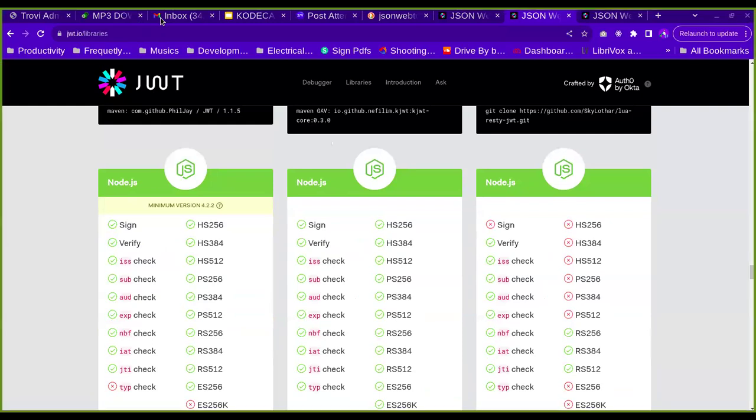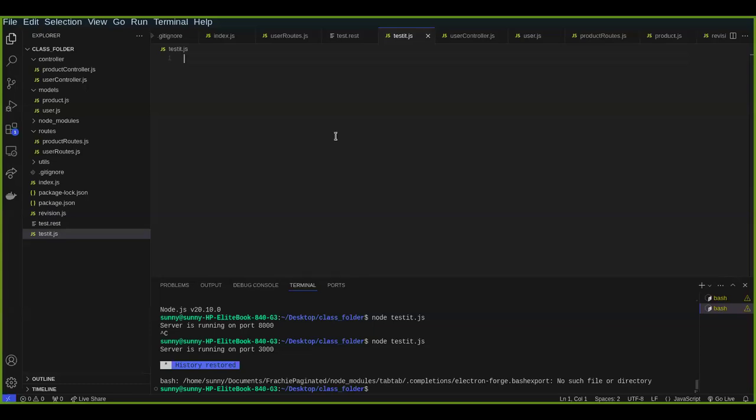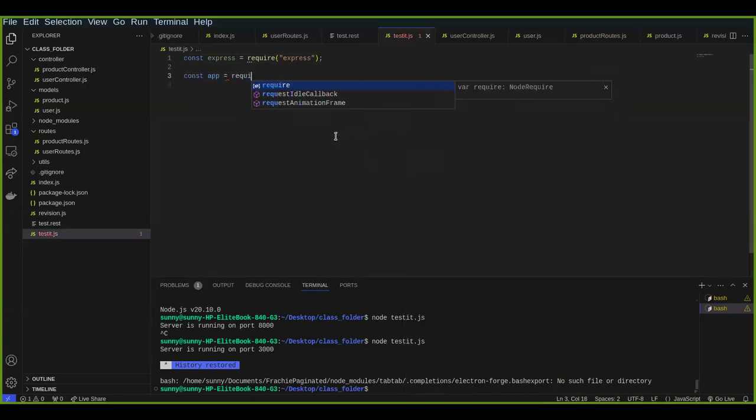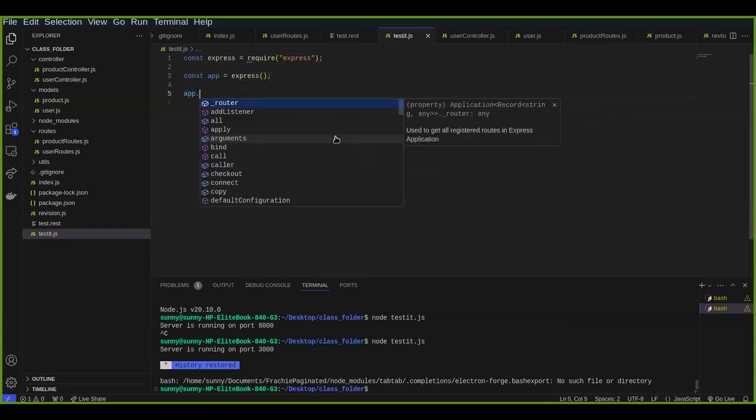Let's go over to VS Code. Okay, so I'll start the Express app again. So I'd say const express should be equal to require express. Then I'd say const app should be equal to an instance of express. Then what else do I want to do? I could say app.use